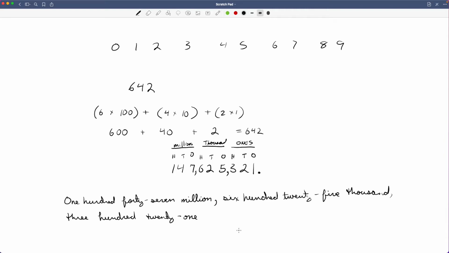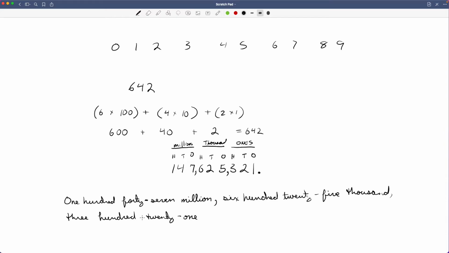So here I've written it out for us. And again, just like I said a moment ago, 147 million, wherever the comma is, that's where you say million. And when you write it, that's also where you write a comma too. So if there's a comma here, you say the group where the comma is, and then you put a comma behind that. And another thing, when you're writing these combination numbers, the 10s and the 1s together, we put a